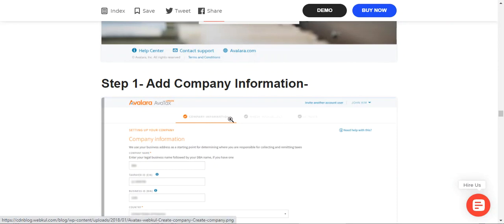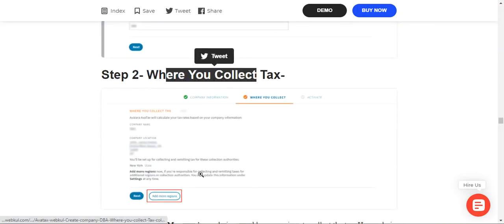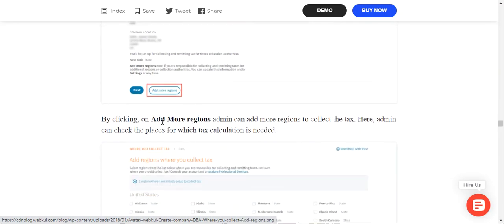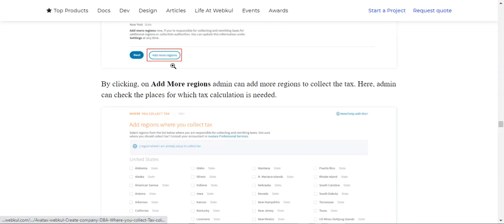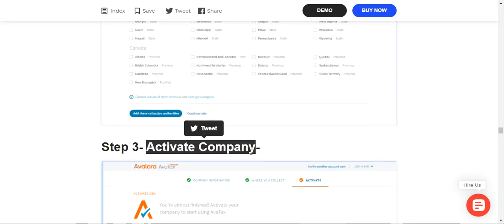We have the company information. Then we have where you collect tax, so you can add more regions here according to your requirements. You can set up more regions, as I've already told you, by tapping here. Then you can choose the regions where you want to activate this particular Avalara tax. Then you need to activate your company,